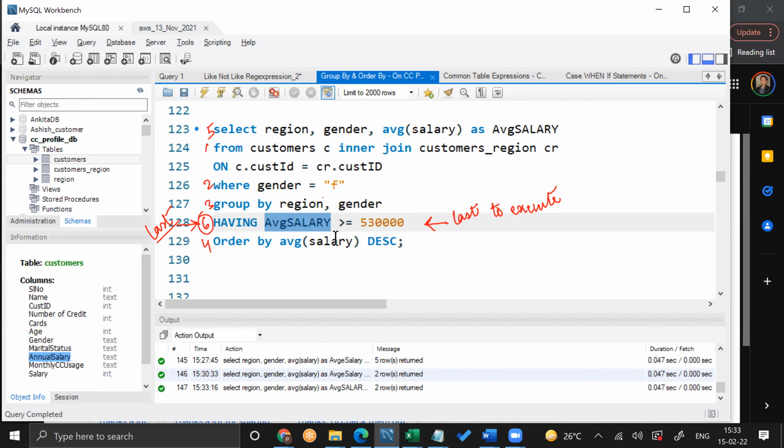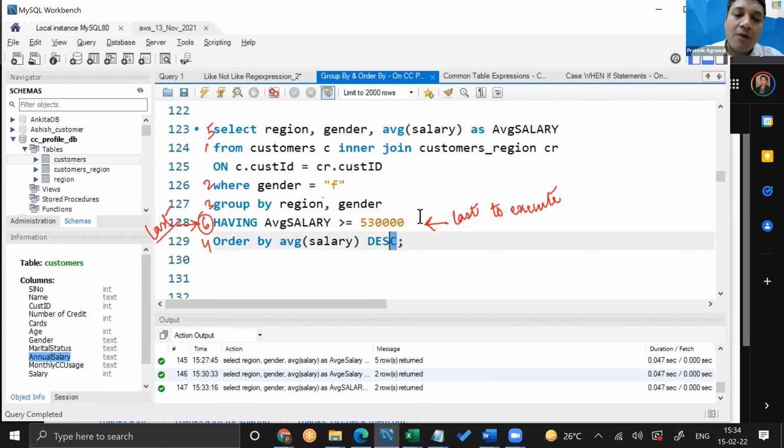Okay, fine. So Pratik, what is the reason for this? Go ahead. You have mentioned that order by or having should be last. If I try to write ascending or descending after having, does that work, or will it show some error? You're saying why can't we just write DESC here? Actually, DESC is one of the properties of this order by clause.